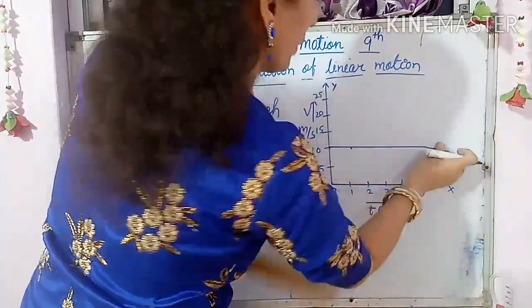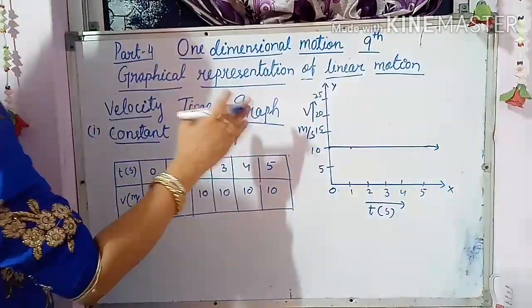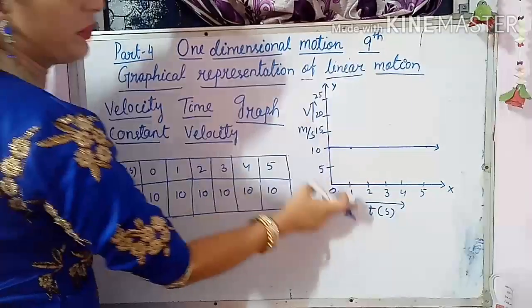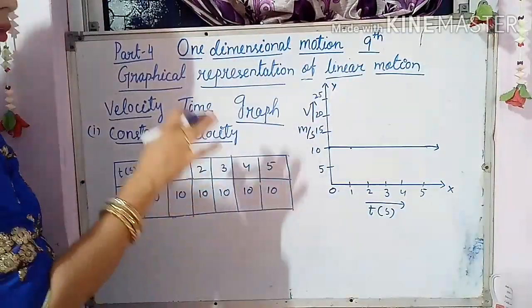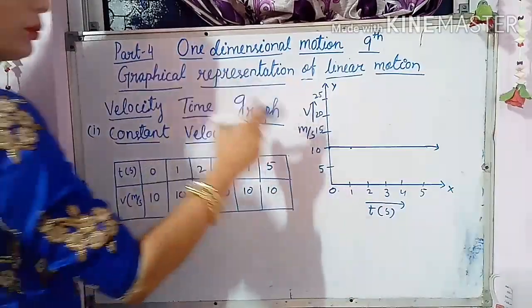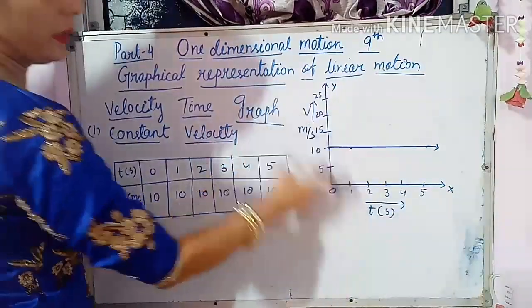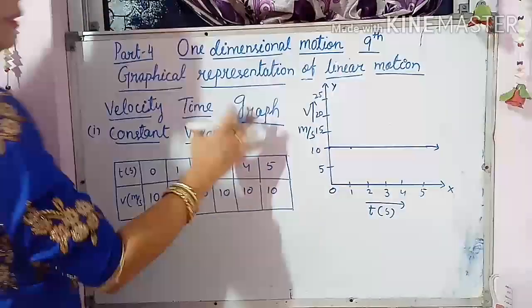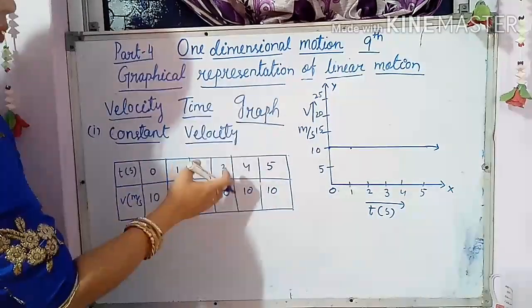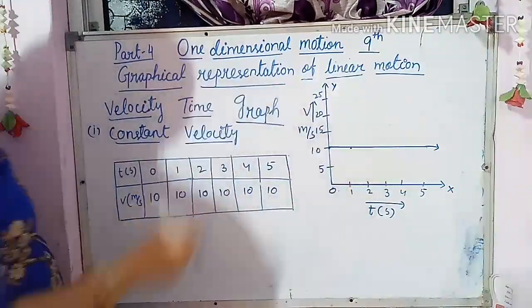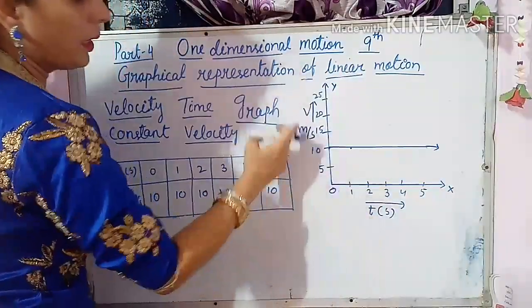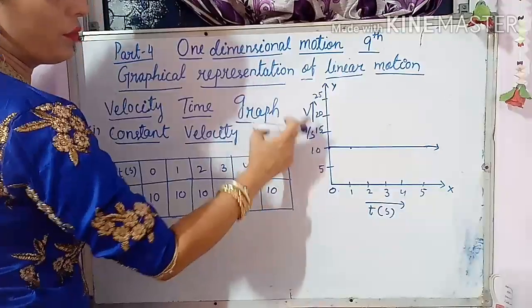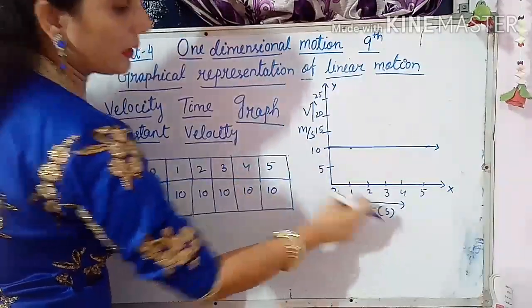Now it will come. So see, children, the shape remains the same, only your parameters are changing. That time also this same type of graph came, so don't be confused, children. The shapes will be the same, but due to the parameters, what the slope of the graph represents is changing. As here the parameters are velocity and time, you have to mention the units also. Velocity is meter per second and t is your time.